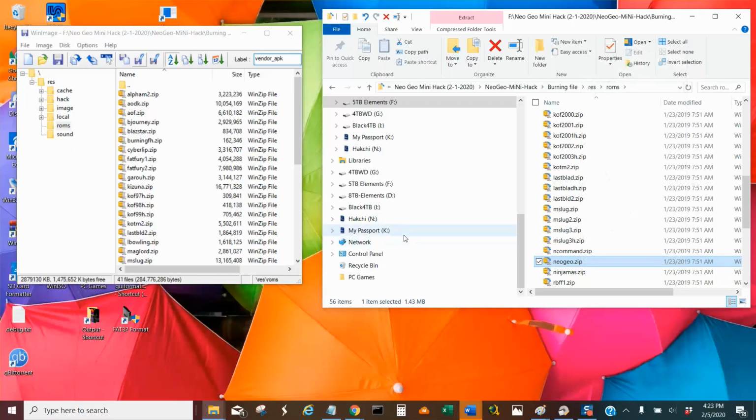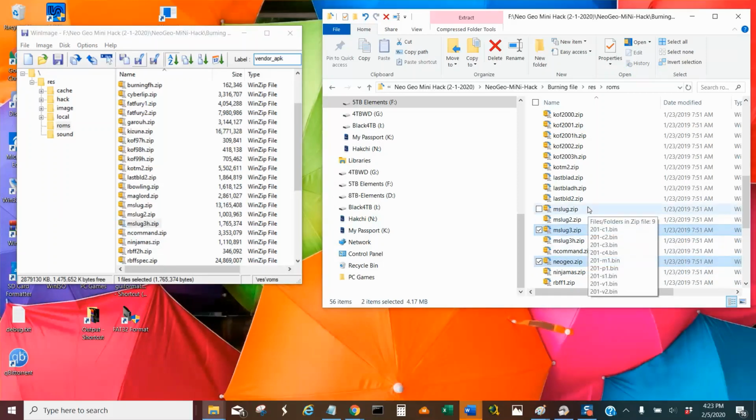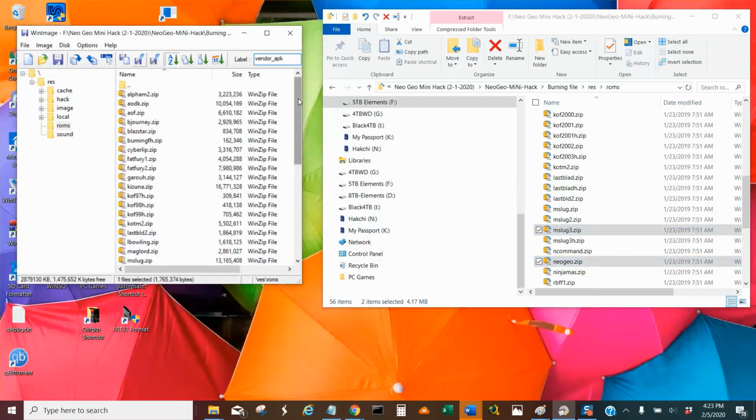Okay, now if you notice my Metal Slug, I only have Metal Slug 1, 2, and 3H. I'm missing the main one, 3. See, so without the main one, 3H will not work. Okay, so I'm gonna grab this one as well, and then I'm gonna look and see what else I have here that I need the parents and child that go with it. Okay, let's do this. Let me go ahead and copy those two over, and then we're gonna look at the main folder,